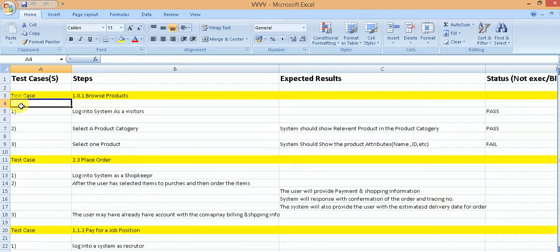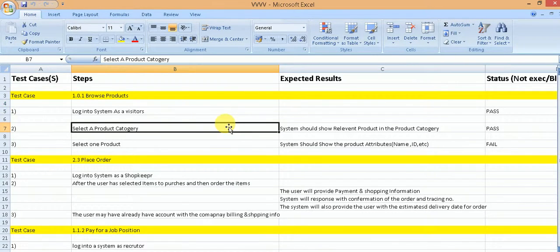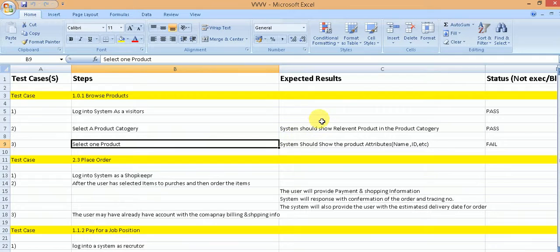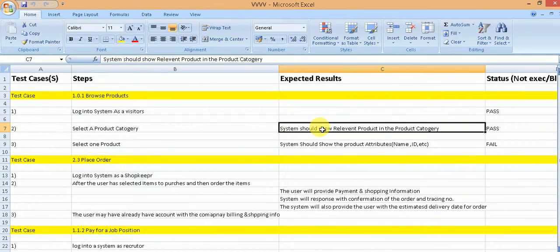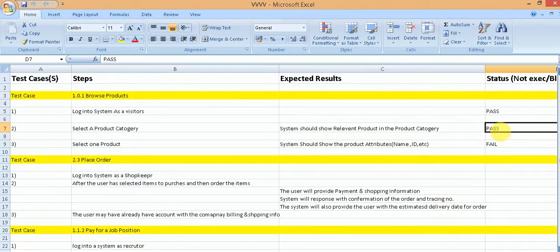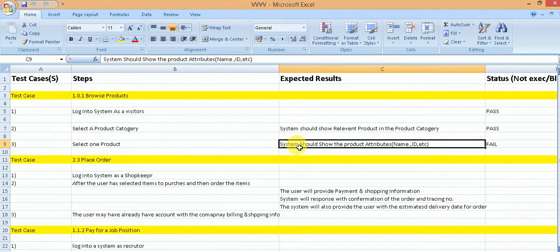One is that everything worked as per the expected results. So you were able to execute each of the steps, and whatever expected results were listed in the test case, each of those were satisfied by the system. In that case, the status of the test case execution will be passed. If even one of the expected results does not match, that means the system was unable to satisfy even a single expectation, then the test case is failed.